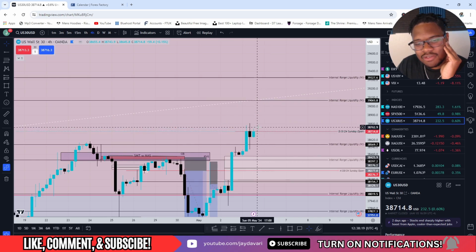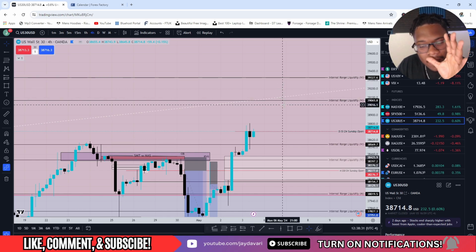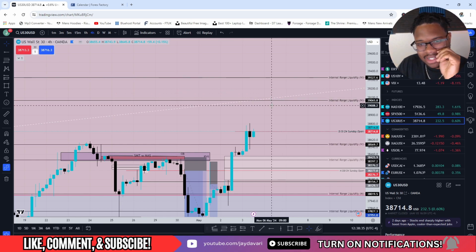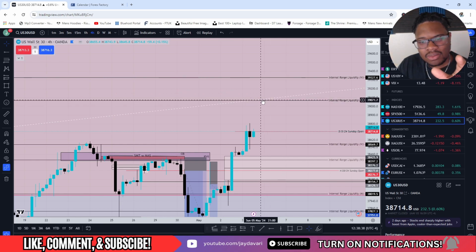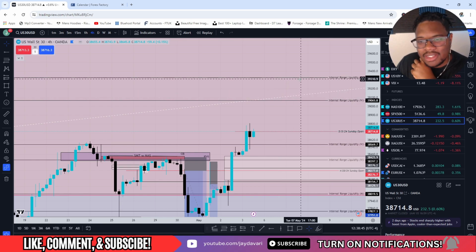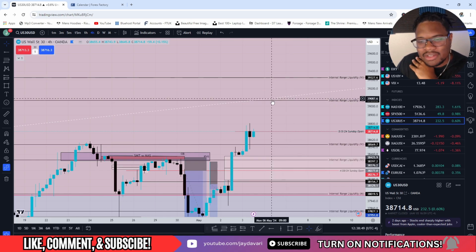So we have a low formed on Monday, then we head higher. We form a high on Monday, and then Tuesday we form a high. We break Monday's high. And if we see any type of displacement downward on Tuesday, and we break, say, a short-term low from Monday's range, I'm shifting to bearish because that's our market structure shift inside of this internal range liquidity pool, right? So I'm looking for Tuesday's high to be protected,